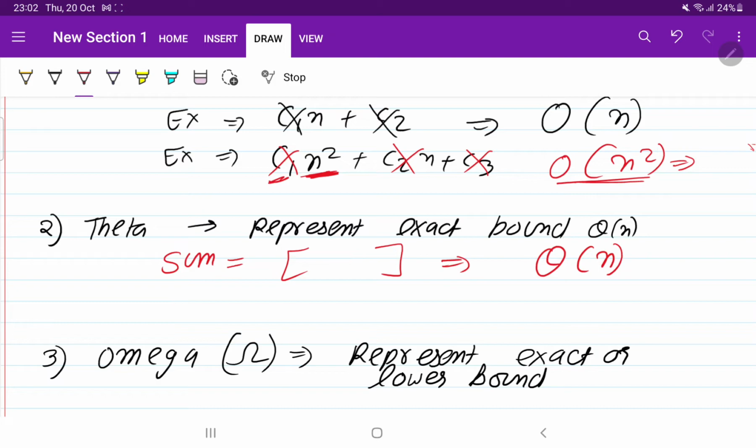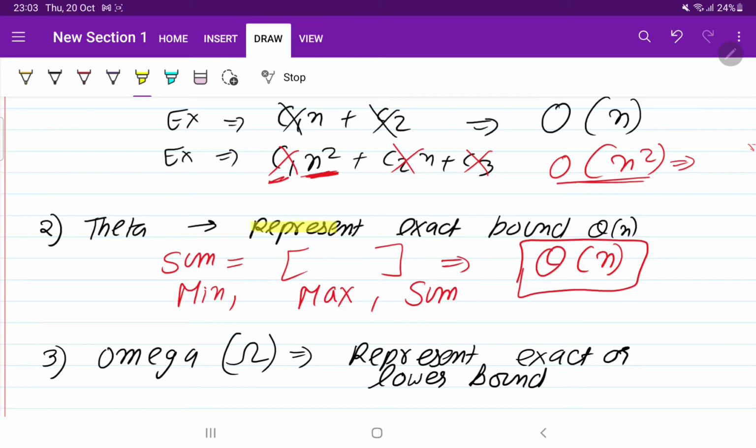It means you are sure that it is going to take exactly this amount of time. Whenever you want to find the minimum in a list, the maximum in a list, or the sum of all the elements in an array, we are sure that the time will be theta of n, because we need to traverse all the elements in the list. So theta represents when we are sure that it is exactly the same.